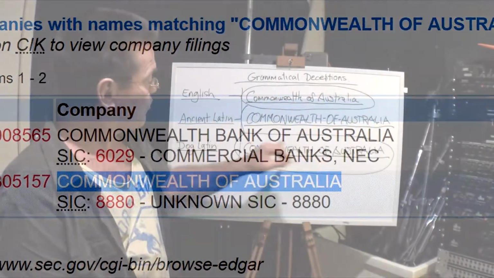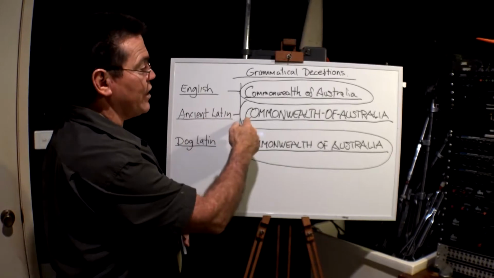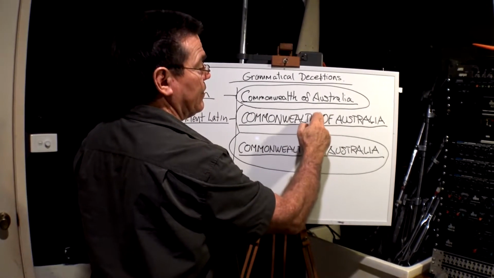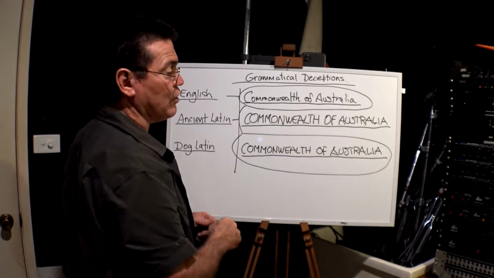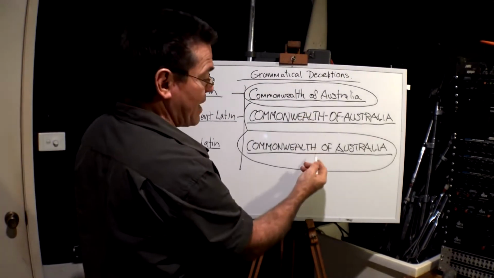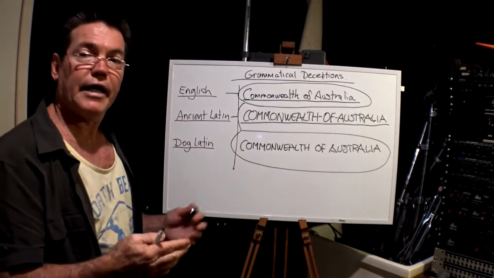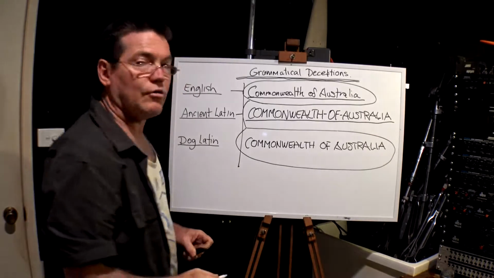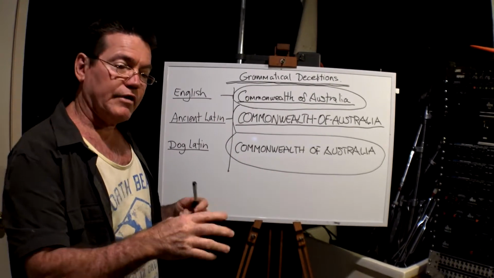And Dog Latin, the way they make Dog Latin is by using the grammatical rules of English and mixing it with the written hieroglyphic, all uppercase text of Ancient Latin. And by removing the hyphens, they use the grammatical rules of English instead of the grammatical rules of Latin, which are two very different types of rules, in order to make it look like normal English. That is the grammatical deception. I call it the Justinian deception,